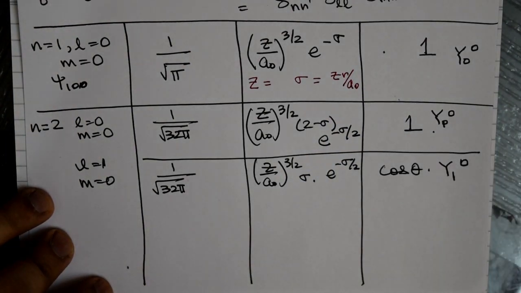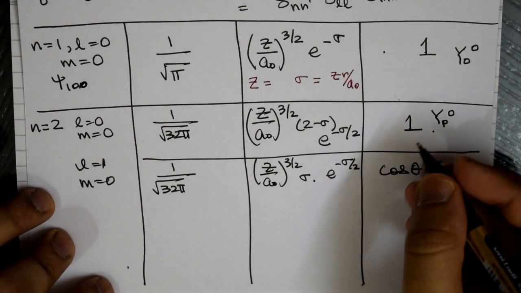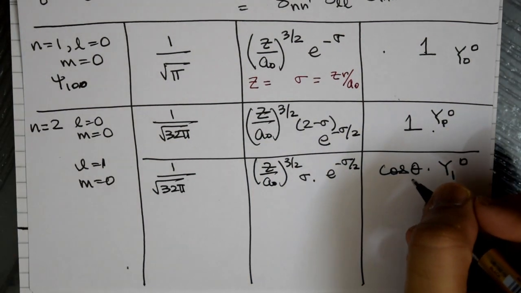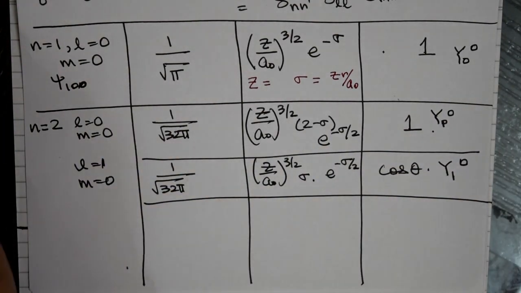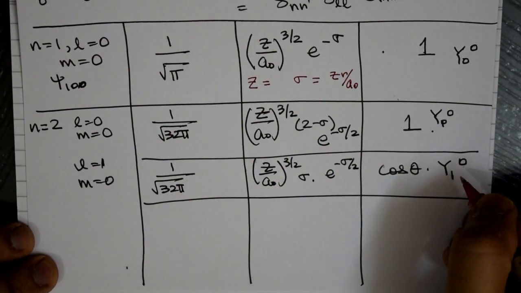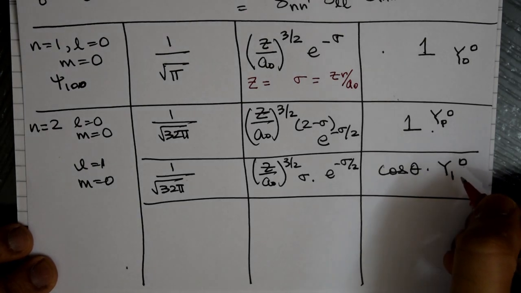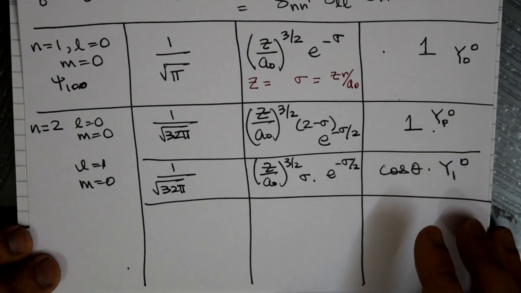I'm making a mistake here. No, no, no. That's going to be a 1 again. I'm sorry. Yeah, no, no, it's right. It's going to contribute to a cos theta. If you might remember, Y10 will have a z term that remains. So that's what we are ending up seeing here.